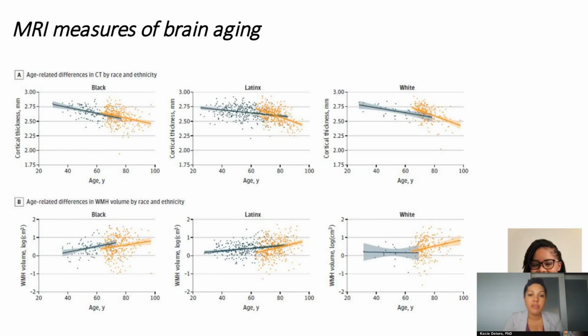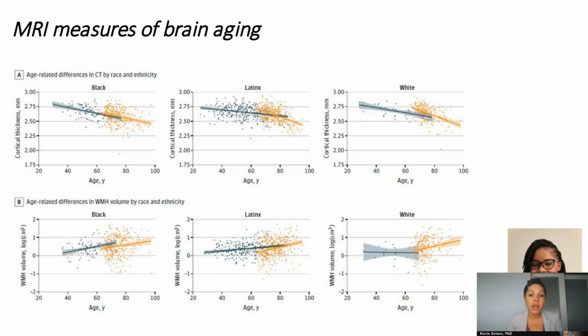And then I'm also just going to briefly talk about, I've talked about this amyloid imaging, but it's also really important to note that there are MRI measures of brain aging. So for example, I talked about there being atrophy in the medial temporal lobe, amongst other areas in the brain. But what Dr. Indira Turney from Columbia University showed in people who identified as Black, if you can look at the lower left figure there,